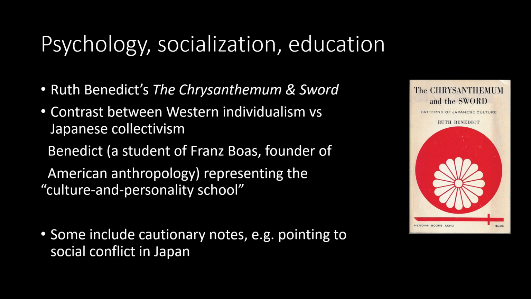This is a kind of school or scholarly tradition within American anthropology that has tried to connect culture with personality traits. And that was exactly what Ruth Benedict was doing in this Chrysanthemum and the Sword book. But nowadays, we understand in both American anthropology and within anthropology as a whole that the culture and personality school is considered outdated. It involves overgeneralization of a culture and personality characteristics of the people in that culture.